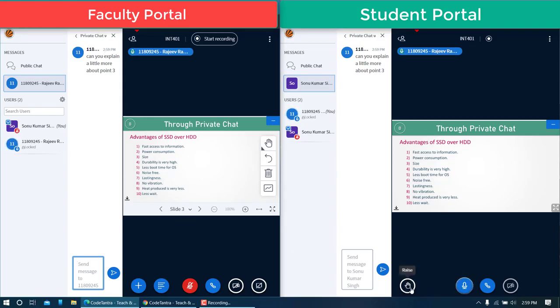So if you'll see a button here, let us say the teacher is teaching something, and in that case if you'll speak directly, then the problem is he will get disturbed. So what you can do is, you'll click on raise hand, and the moment you'll click on this raise hand button, there will be a raise hand icon here in front of the teacher, on the teacher screen. So I'm going to click on raise hand from the student account,